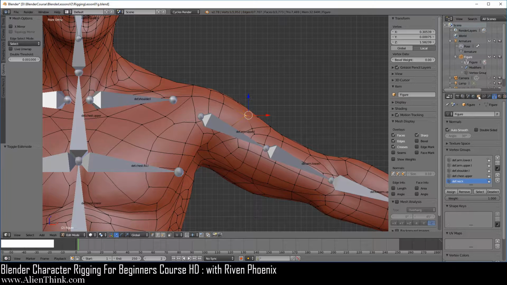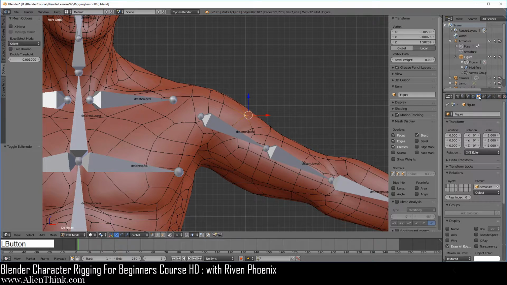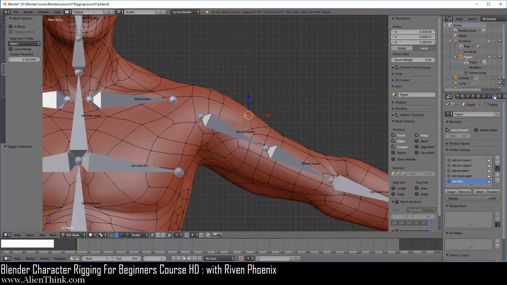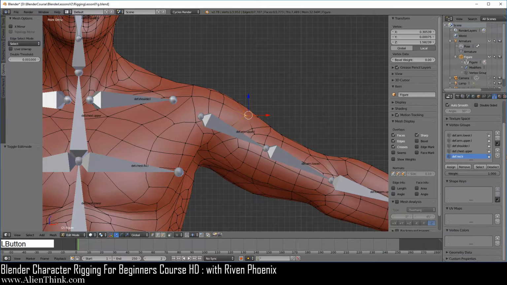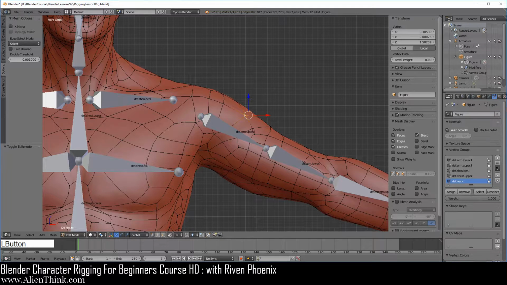Now we already know that when we click on the object data tab, we can only see the location, rotation, and scale of its origin point. When we click on this data tab over here, which belongs to the mesh data block, we cannot see the information about the position of this vertex here. This information is only going to be displayed over here. So what exactly does this mean now?